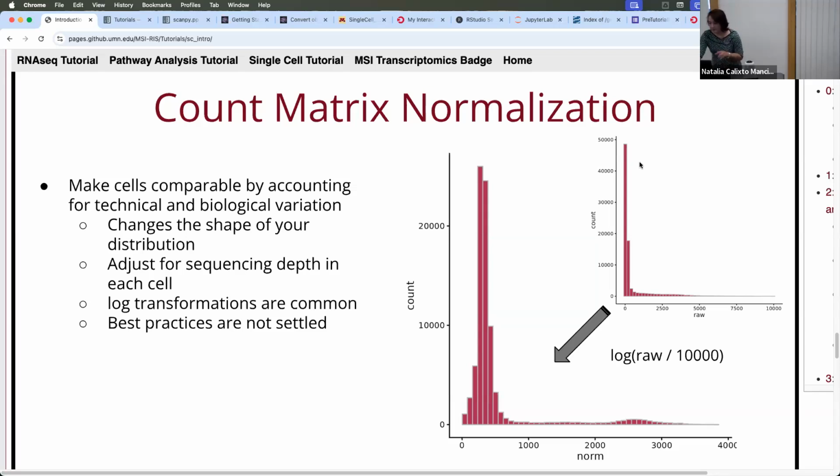So, for example, these plots were made with the data from the GEO accession. This shows the number of raw counts that each barcode has. It's a histogram, and you see that it has this shape. But after I do normalization by depth, dividing each by 10,000 and taking a log of that value, then this distribution changes shape, and we see that there is some other thing going on here that wasn't visible here. So this is a common approach